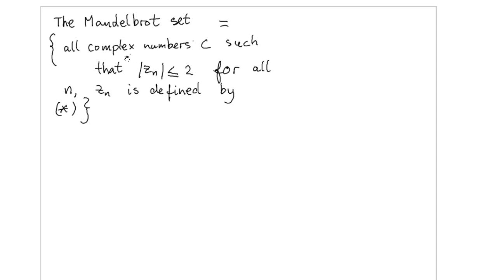An equivalent definition of the Mandelbrot set is that we consider all complex values, capital C, such that the absolute value of z_n does not converge to infinity when n goes to infinity. And this definition is equivalent. It's namely